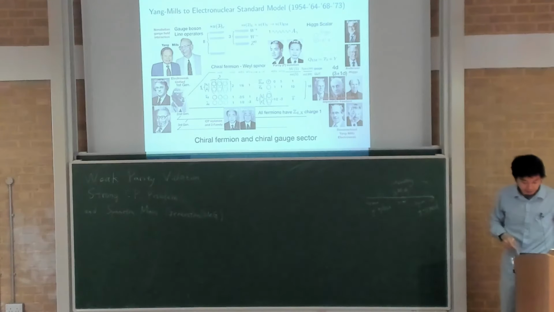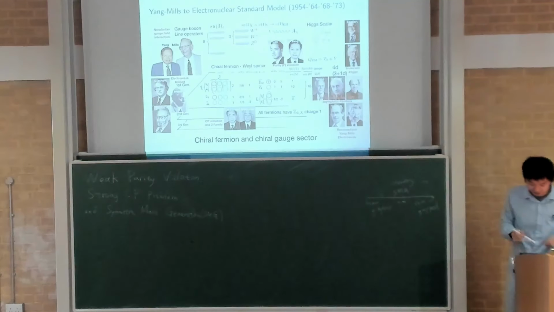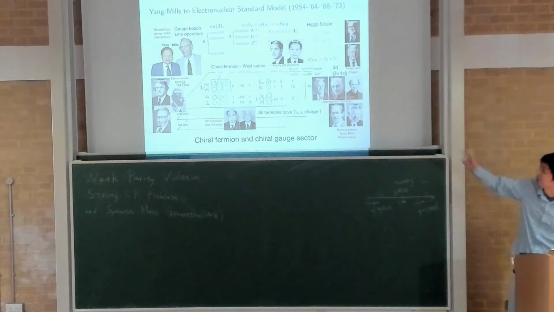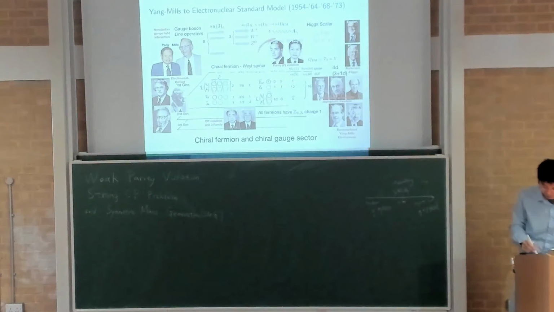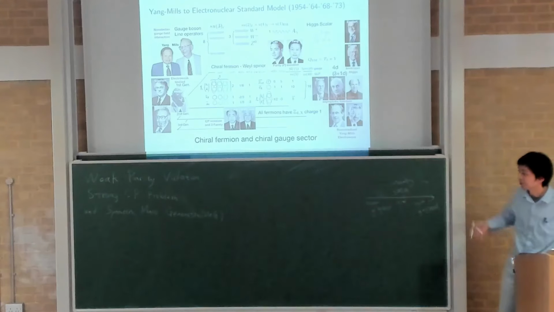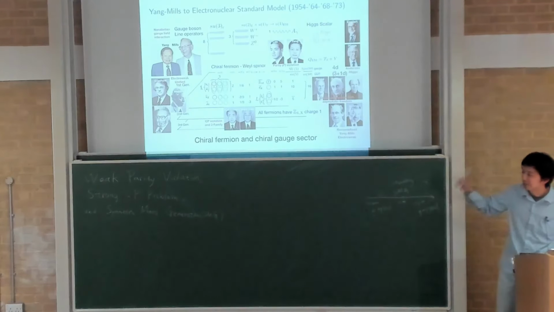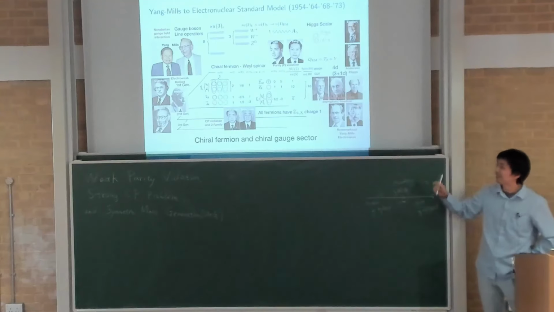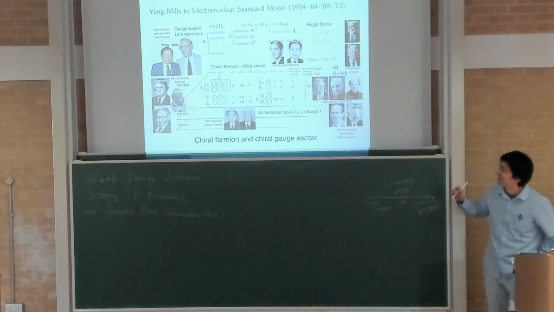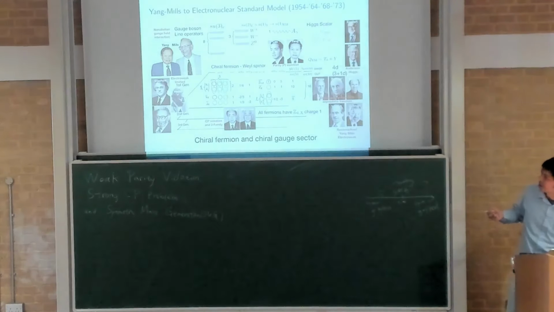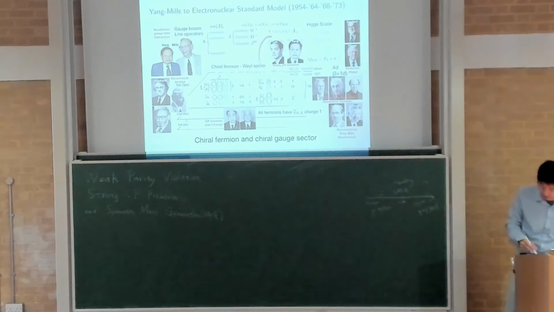So one person who was very relevant for the weak parity violation is these two people, Lee and Yang. And if you know the news, Yang just passed away, unfortunately, at 103 years old. Yes, and he won the Nobel Prize at 35 years old. And he lived almost 70 years after he won the Nobel Prize. And Lee, I think, passed away in 93 or 97, I forget. But he also won the Nobel Prize at 30.